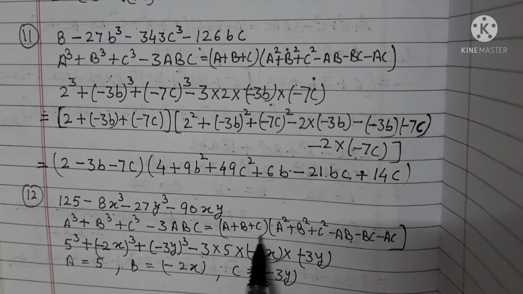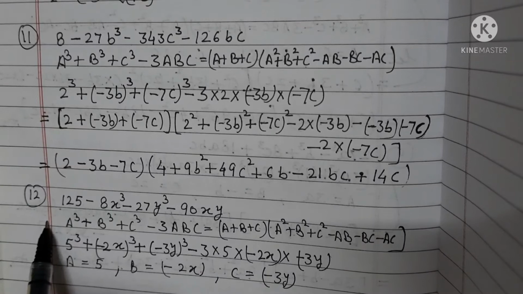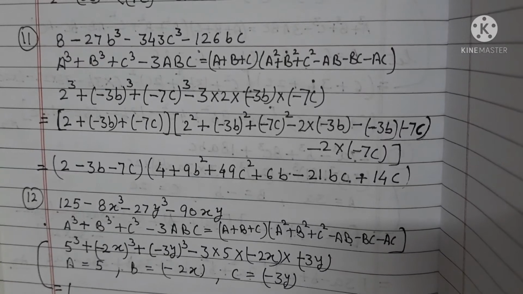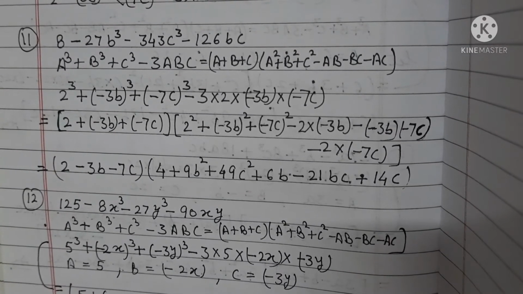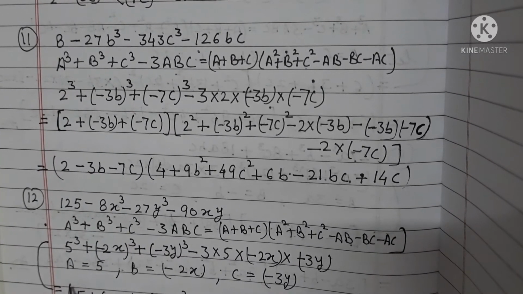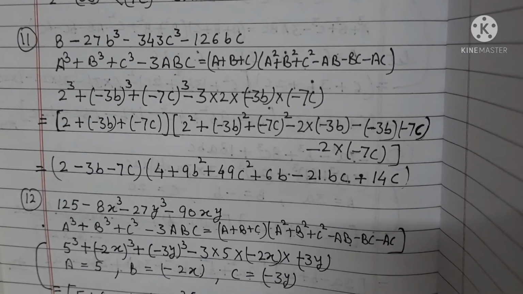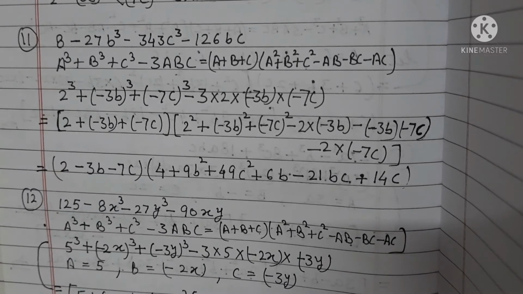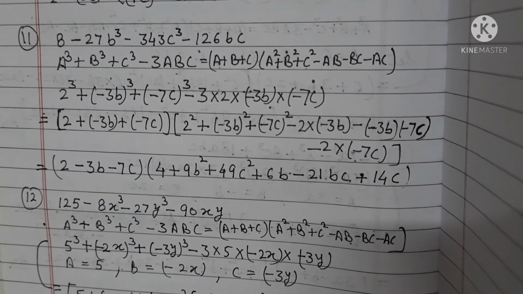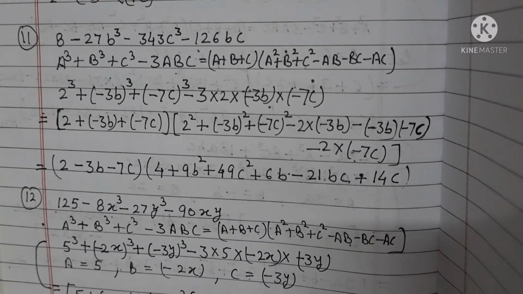Substitute these values in the factors. So a plus b plus c means 5 plus minus 2x plus minus 3y, and for the second factor a square means 5 square, plus b square means (minus 2x) whole square, plus c square means (minus 3y) whole square,